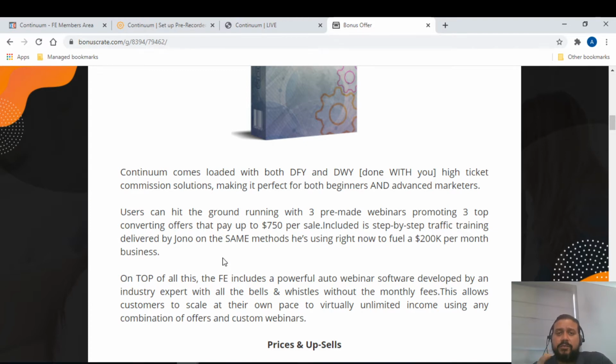So basically this software is split into two parts. One is you get an auto evergreen webinar, which you can host your webinars on using high tickets. In the front end sales, he has included three of the high ticket sales, so you can host that directly. You don't have to do anything else. And the second part is the step by step training to do that in that particular module. So this is the product summary.